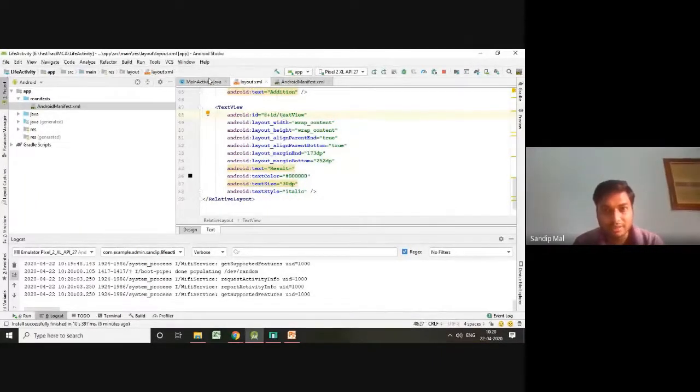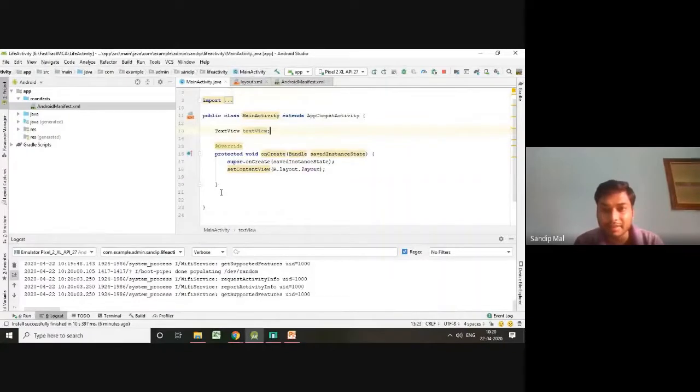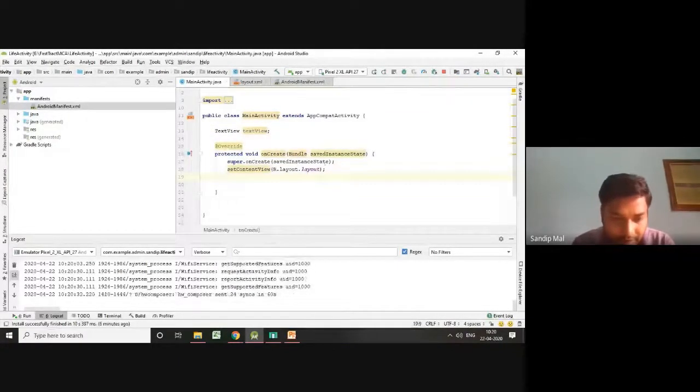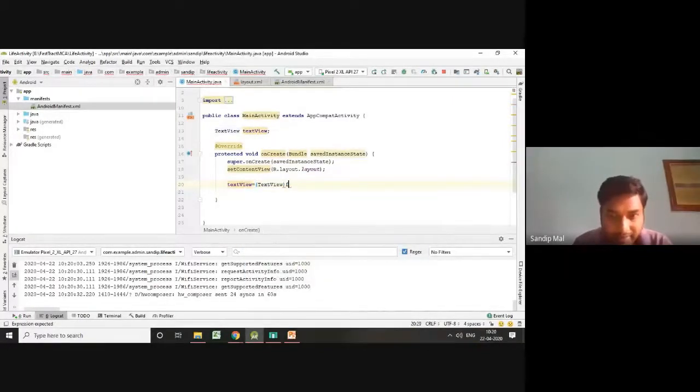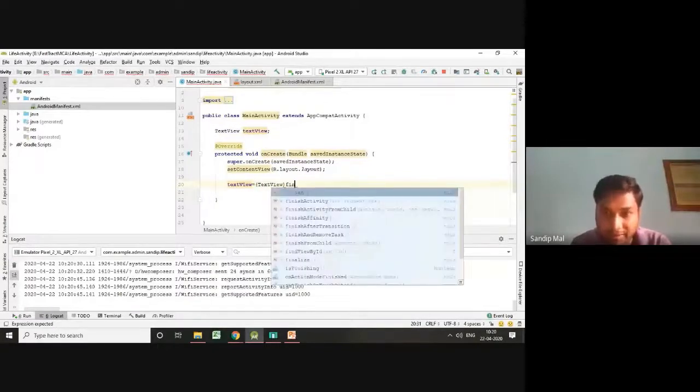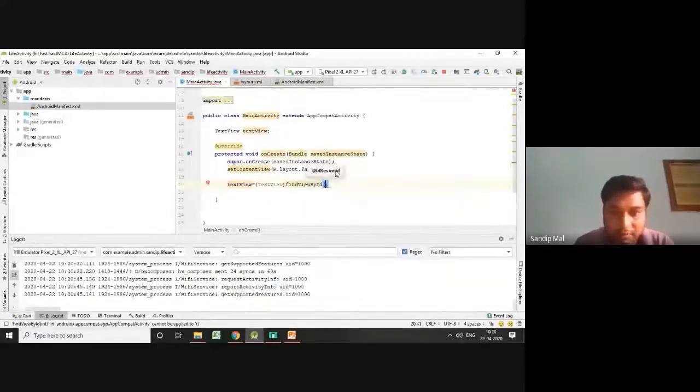For that, you need to identify the text view. So for identification, I'll write textView equals to, and this syntax you need to write: findViewById, and within the parameter there will be R.id